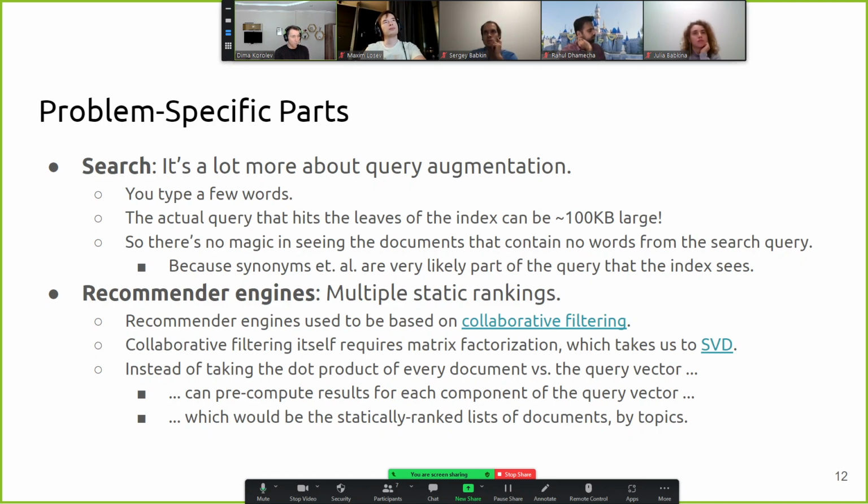So yeah, as I said before, search is a lot more about query augmentation. The trend as of about 5 years ago was that every single major search engine made a huge announcement that, hey, we have improved our ranking algorithms. And surprise, you can now get search results of documents that are a good match to your query, even though they contain 0 words from the query. This was branded as a huge success. In practice, well, yes,